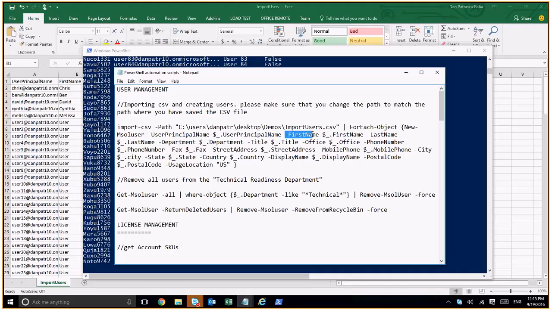For the first name, please take the value for the first name from the CSV. For the last name, exactly the same. And it's exactly the same for all these attributes that we have defined in this short script. Then the last thing that is very, very important is usage location, which I put for all users on US